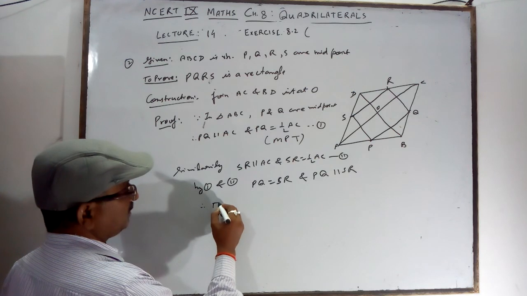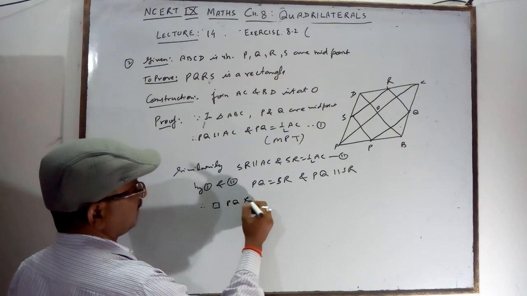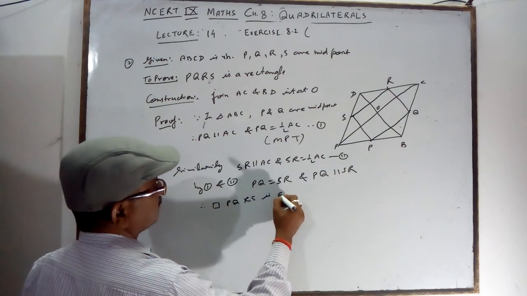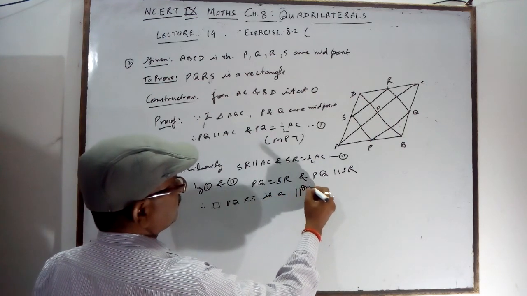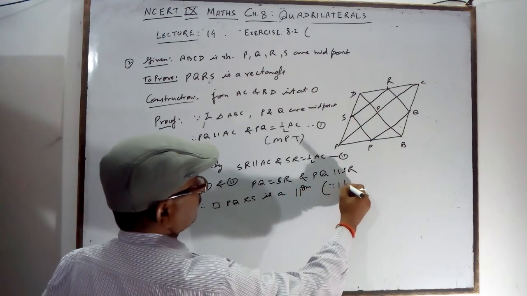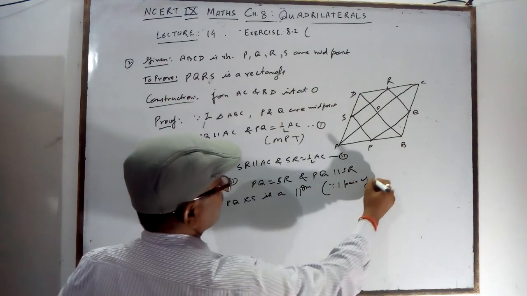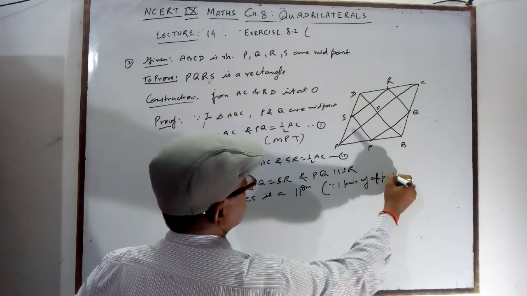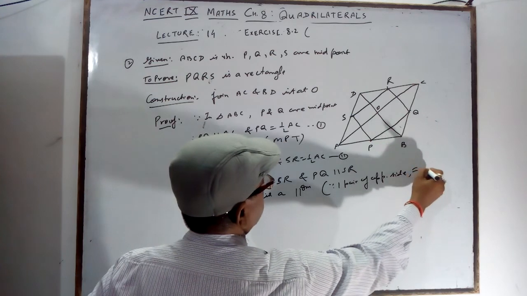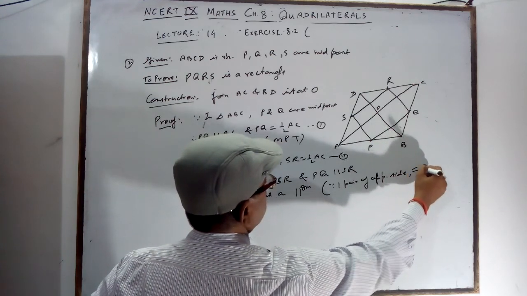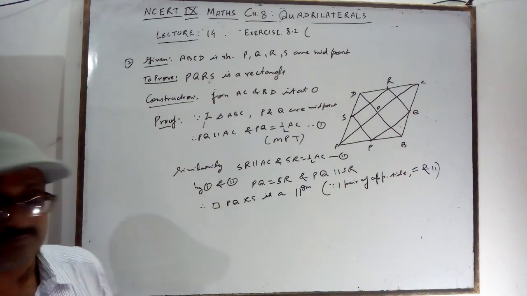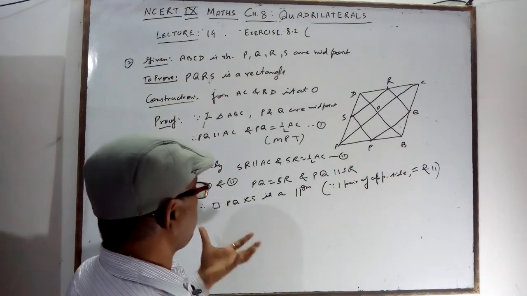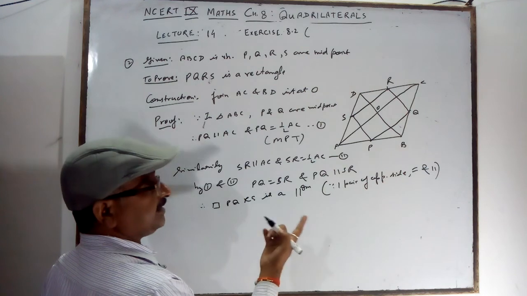So quadrilateral PQRS is a parallelogram, because one pair of opposite sides is equal and parallel. So the quadrilateral will be a parallelogram. When it is a parallelogram, then you prove it is a rectangle. Now